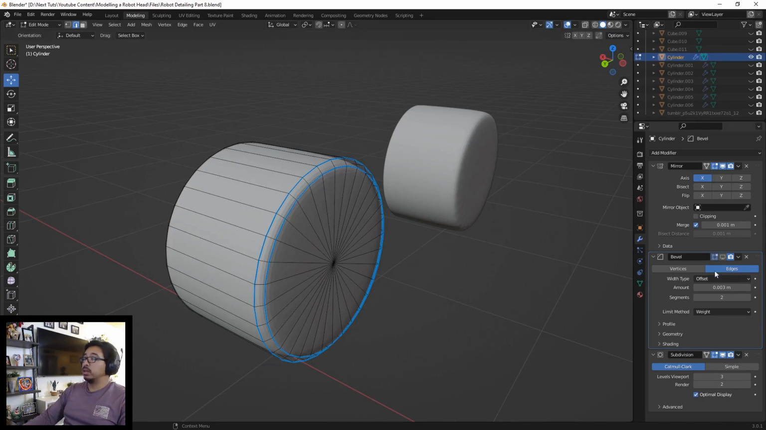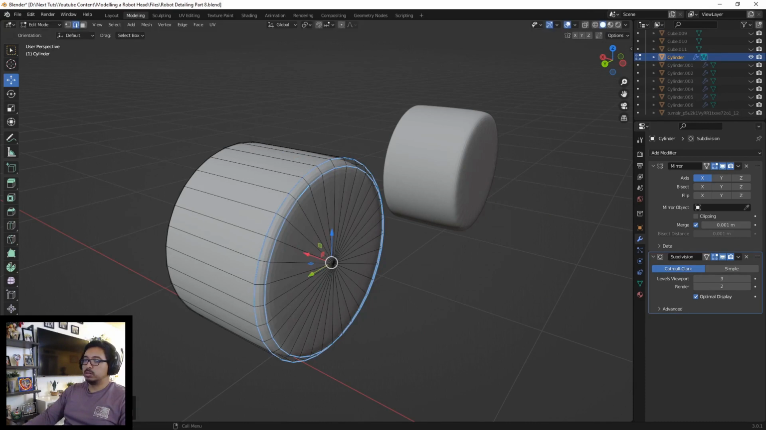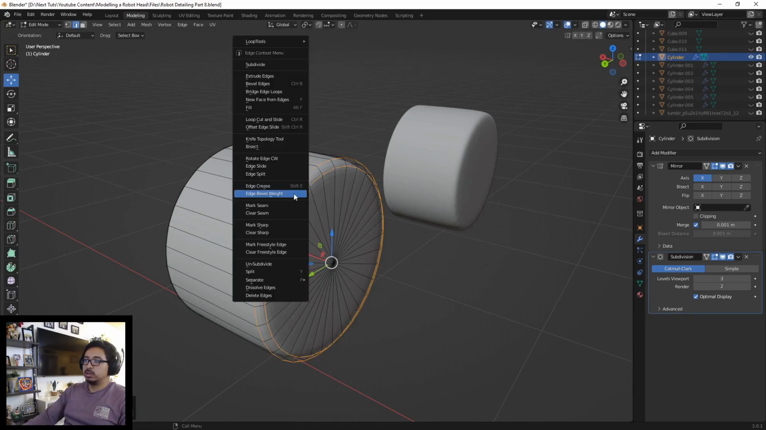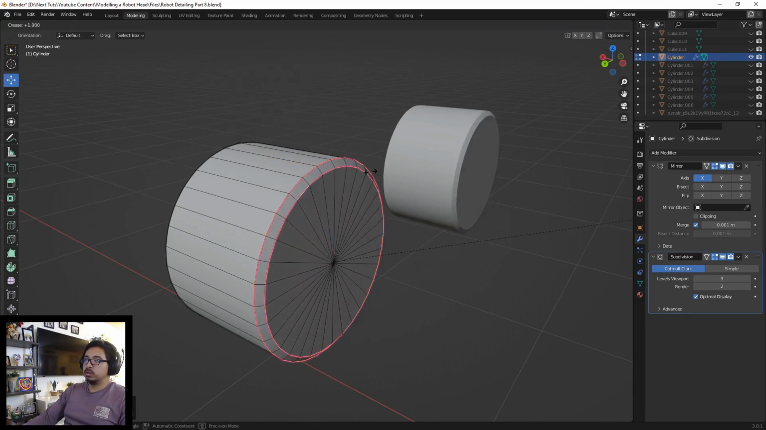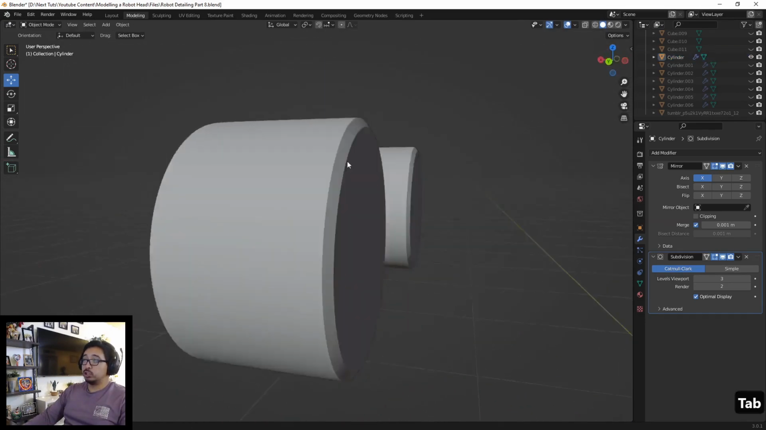So technically, we can even just throw this away, turn these off. Let me turn off the edge bevel weight for these. Like so, and then just crease them like that. And then that way, they're extremely sharp,